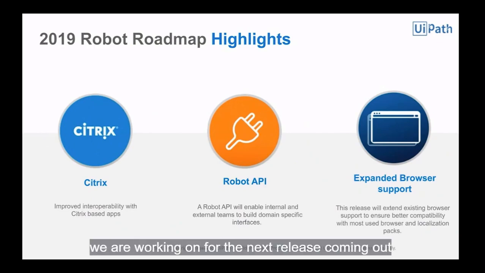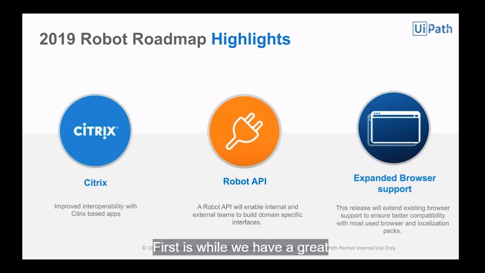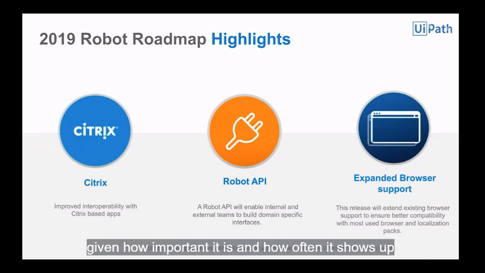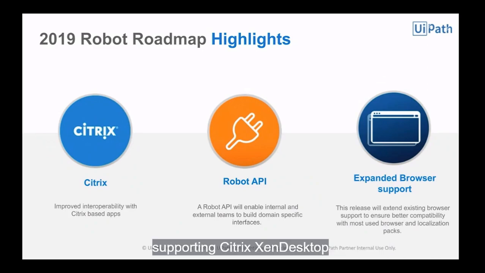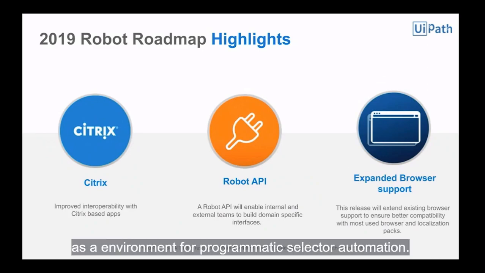Let's talk about the 2019 robot roadmap highlights. These are three areas that we're working on for the next release coming out. First is, while we have a great capability with Citrix automation today, given how important it is and how often it shows up in customer business processes, we're also working on improving this further and supporting Citrix XenDesktop as an environment for programmatic selector